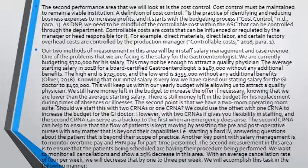One of the problems that we're facing is the salary of a gastroenterologist. We're currently budgeting $320,000 for his salary. This may not be enough to attract a qualified physician. The average salary in 2018 for a board-certified gastroenterologist was $487,000 without any additional benefits. The high end for a GI doctor is about $725,000, and the low end is $355,000